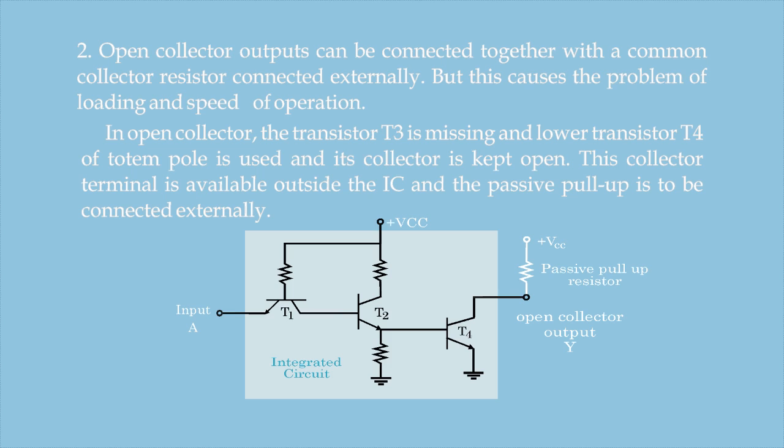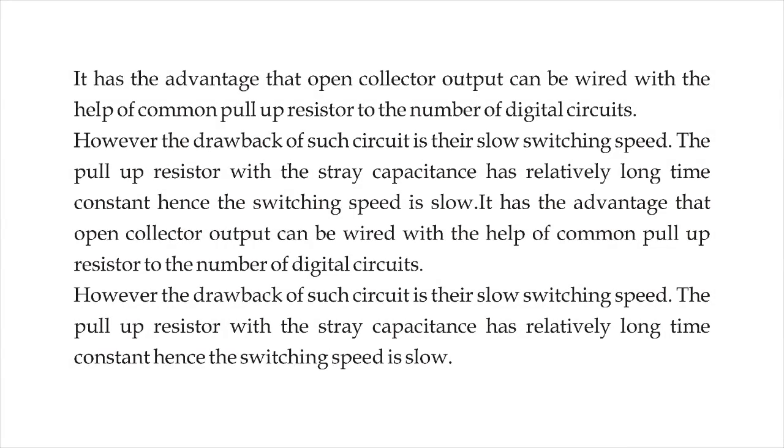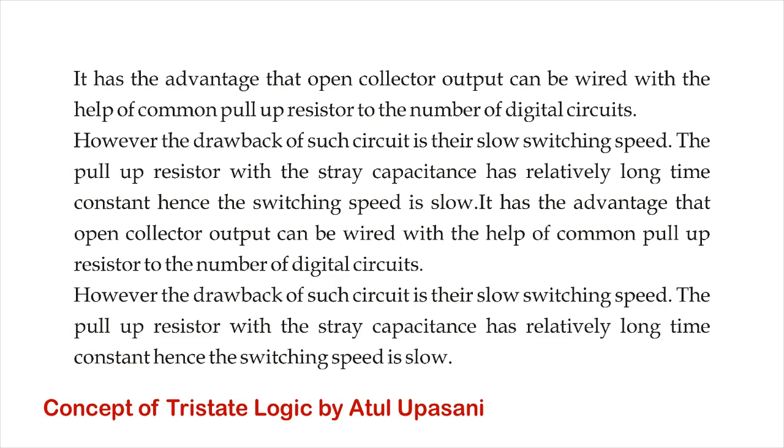So if open collector outputs of many gates are connected commonly to a passive pull-up resistor, then these outputs of gates will be delayed. So the propagation delay time for all the gates is increased. So if the propagation delay time is increasing, the time to reach the input condition at the output will be increased, and if the time is increasing, the propagation delay will be increased. So commonly we can say, if open collector output is commonly taken, then the propagation delay times of all gates will be increased. So it will load the circuit, and if loading is there, then there will definitely be a decrease in the speed of operation of the circuit.